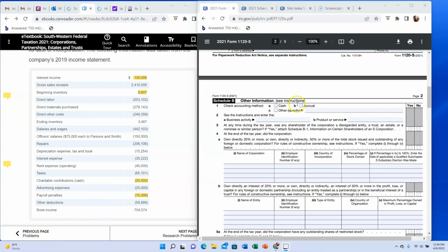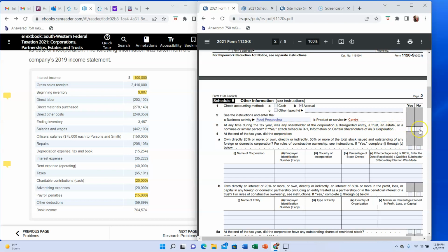Okay, so scrolling on down, they use the accrual basis of accounting. Their business activity is food processing, and their actual product is candy. All right. And then at any time during the tax year, was any shareholder of the corporation a disregarded entity,